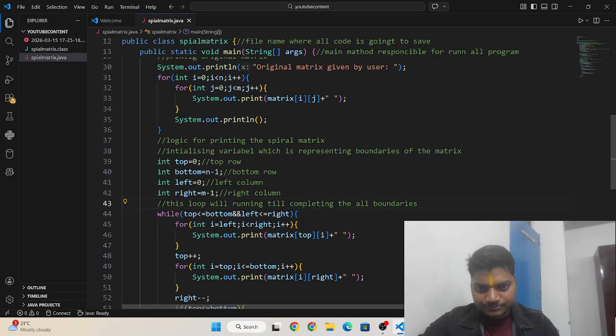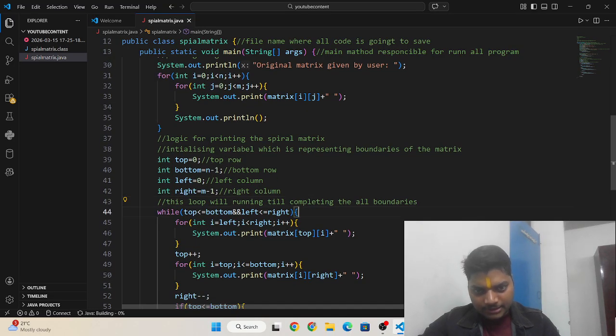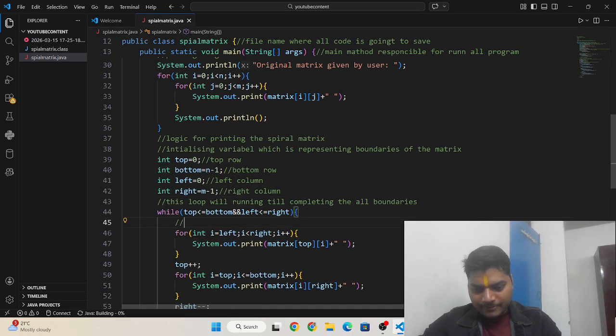Okay, and here we are printing the top row, from left to right.